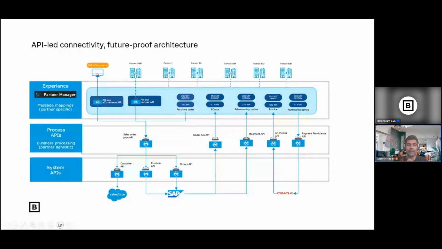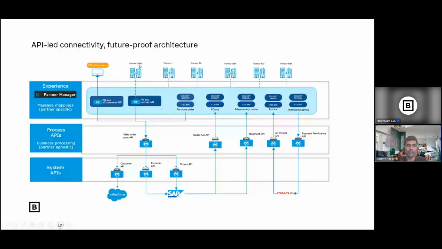See, this guy is dealing with the experience API. So you can have an experience API, you can act as this experience API. But this part, you can deal with the partner manager, partner manager specific. So yeah, you can treat this as two. I should have drawn something like this to separate. One guy, B2B commerce, is dealing with the experience API, but the other partners are dealing with the partner manager. See, exactly the same example, right?